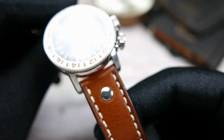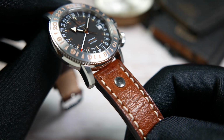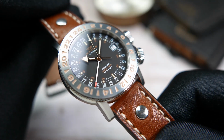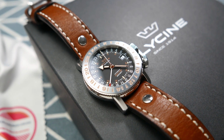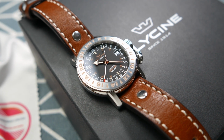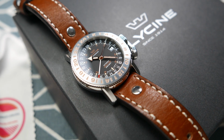Alex put his watch on this brown leather strap with metal rivets, which suits the watch extremely well, but it isn't the original strap the watch came on. Since this isn't my watch, and I don't want to risk damaging the back of the lugs by changing straps, I won't be showing it to you on different straps like I usually do, but I'm pretty sure it will look awesome on many different straps,